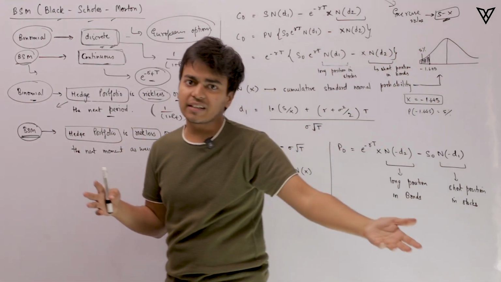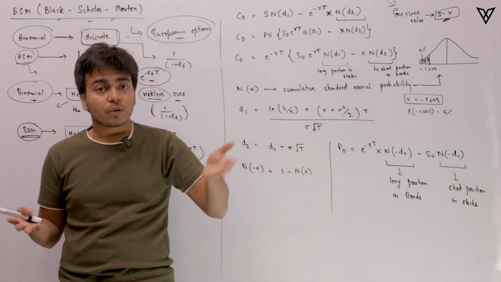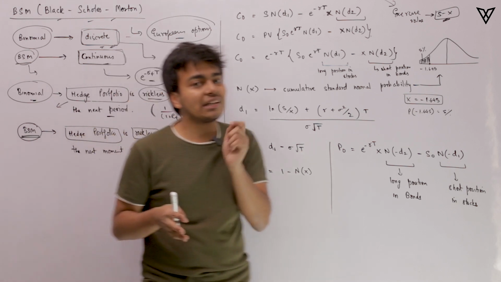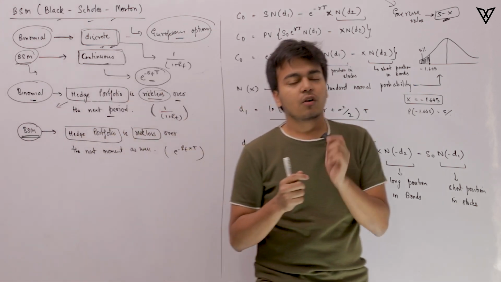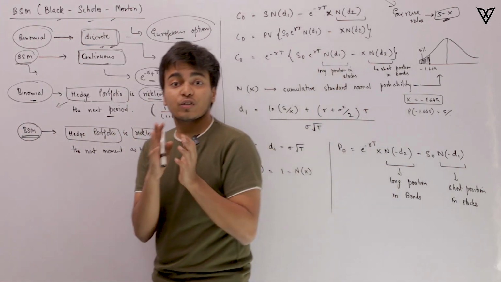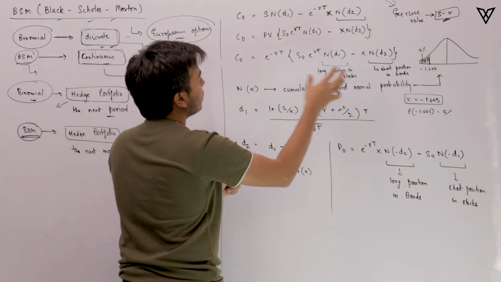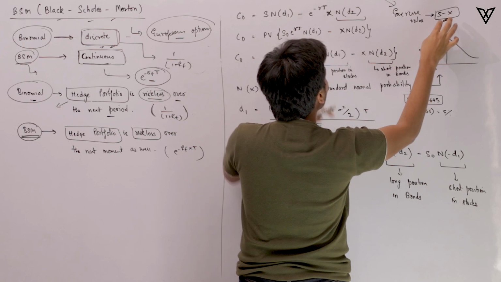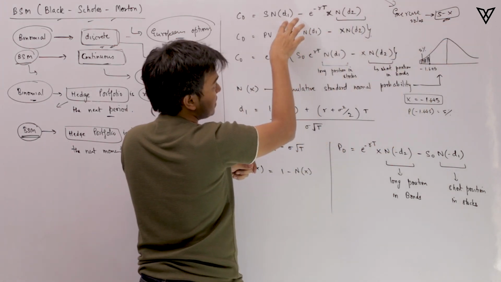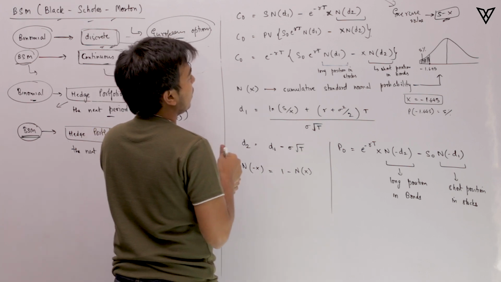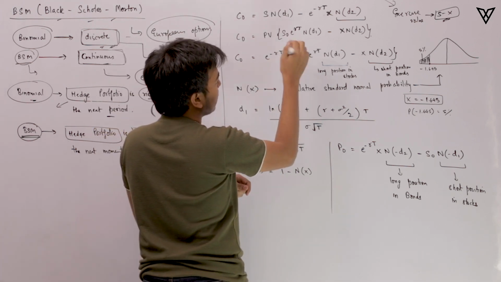to generate for us at time period t, and what you are trying to do here is you are trying to discount that value to time period 0 in order to get the value of the call option. Alright, in order to get the value of the call option. So this is exactly how things work out, and you need to understand this point. Alright, so what we are going to do is we are going to figure out how the exercise value is this and how we are discounting things back. So for that, we can start with this particular bit.